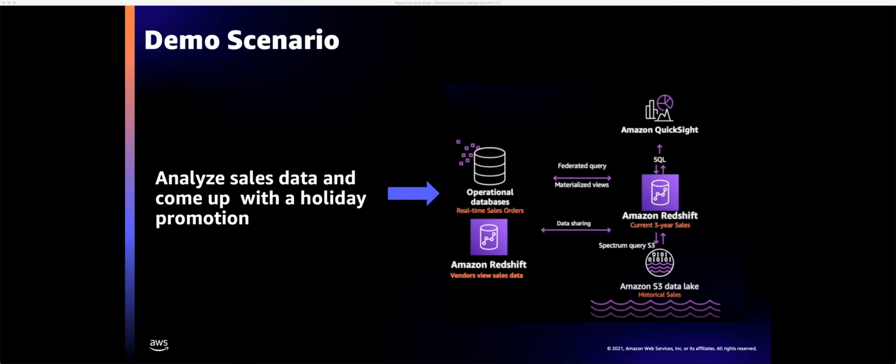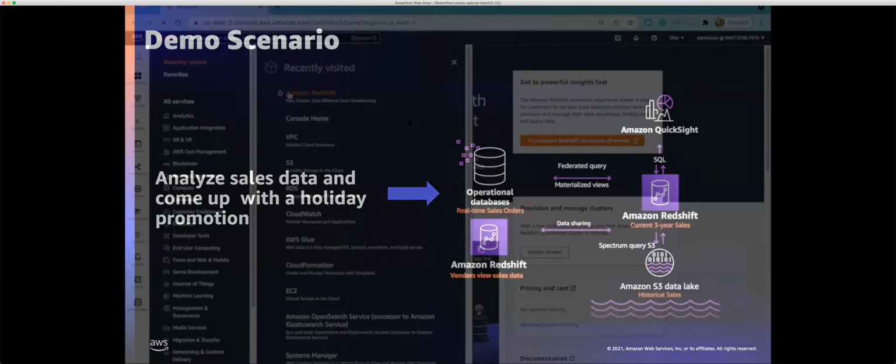And in Amazon Redshift, which is our data warehouse, we have the 3-year sales information, and this is updated on a daily basis. So my goal is to use all these different data sources and come up with a good recommendation for our upcoming promotion. And can you go to the next slide?